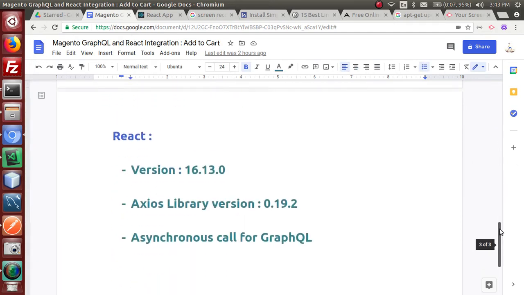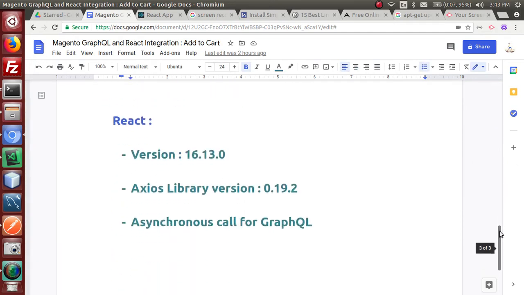And regarding React, I'm using version 16.13.0. I'm using the Axios library to connect to the Magento backend and retrieve that GraphQL. We will also use asynchronous calls for GraphQL because we have to wait to get the data from the Magento backend. Okay, so let's start.